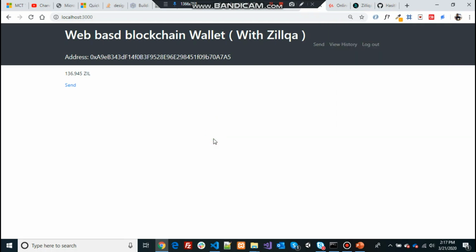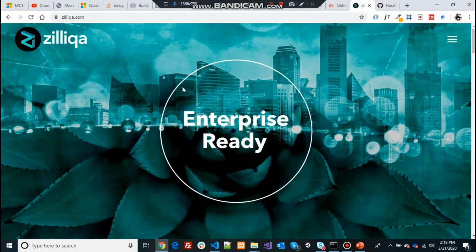So the purpose of this application is not only about a wallet, but also to give some sort of overall overview about working with blockchain applications, blockchain platforms, and the basic concepts to apply when you are developing a blockchain application. So I chose Zilliqa as the platform to develop my distributed application. So this is Zilliqa. The reason why I chose Zilliqa for this one is